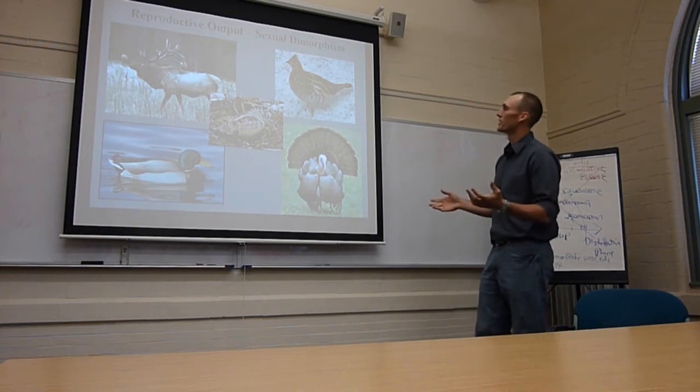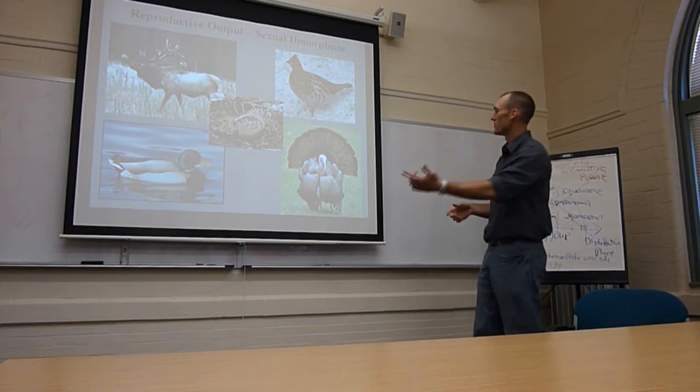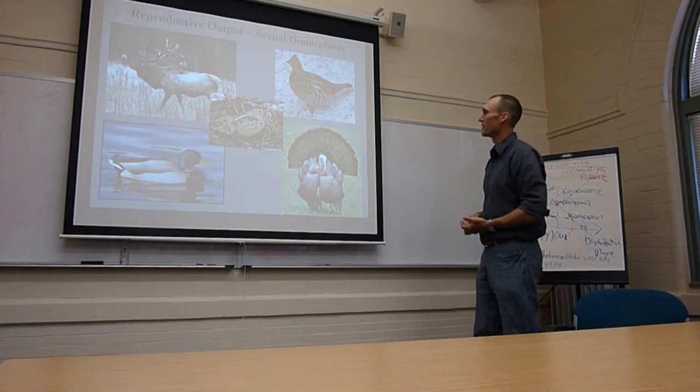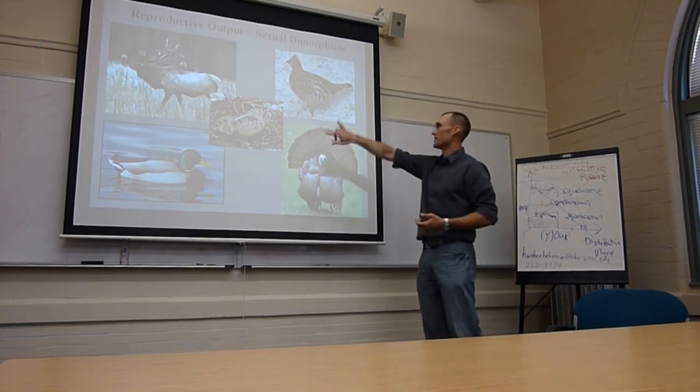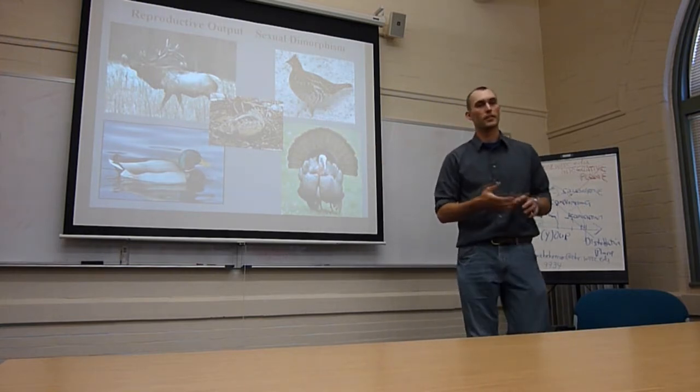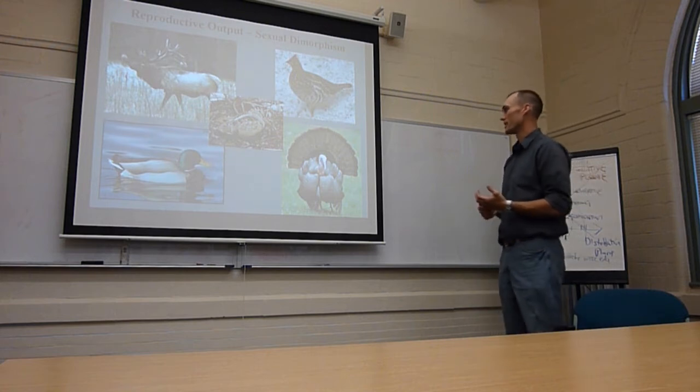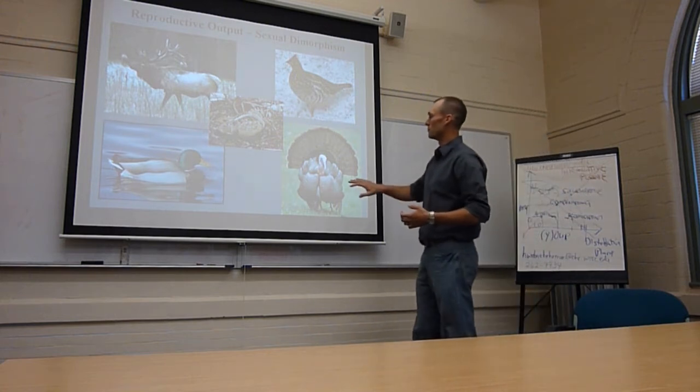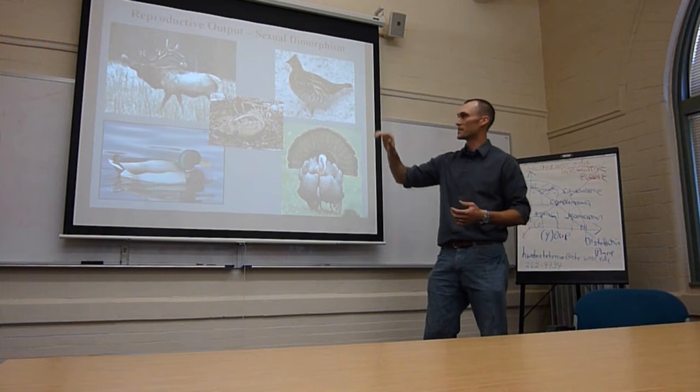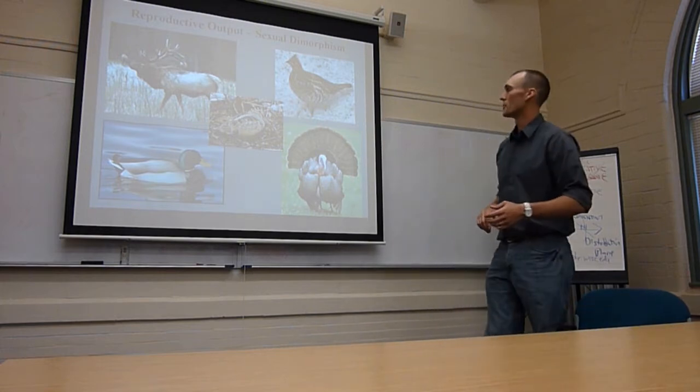In terms of protecting the females from harvest, it helps if there's sexual dimorphism. So 3 of the critters up here, the elk, the mallard, and the turkey, it's pretty easy to identify the male. Whereas with other species like grouse and woodcock, it's really difficult unless they're actually in your hand to tell whether they're males or females. So when we can target the males specifically, we can harvest more of those.